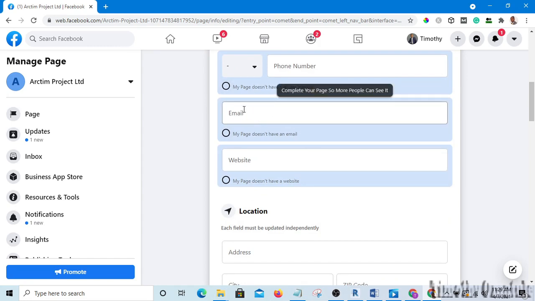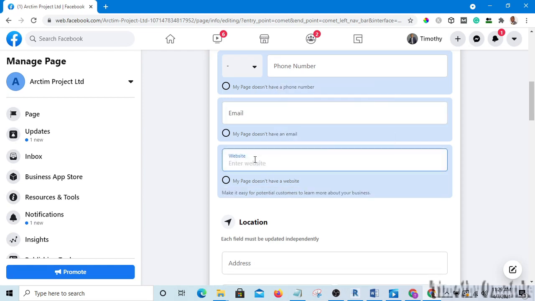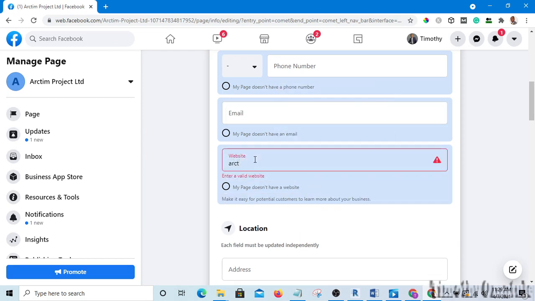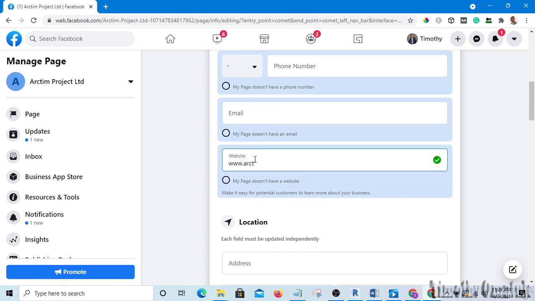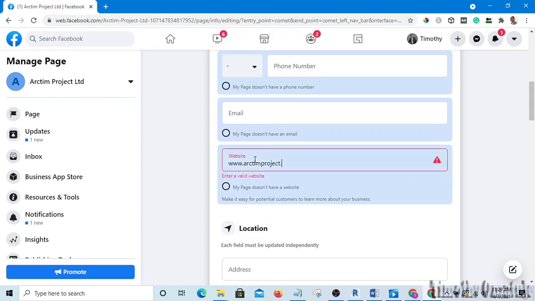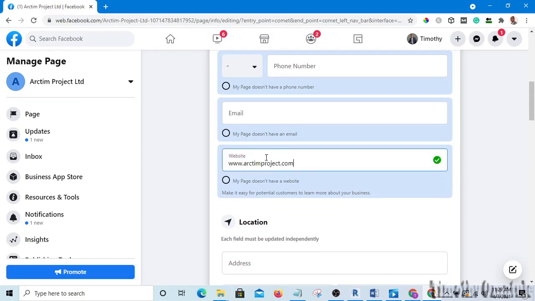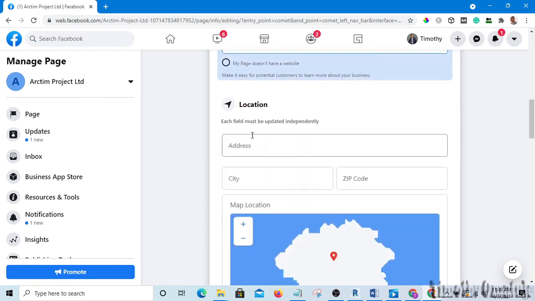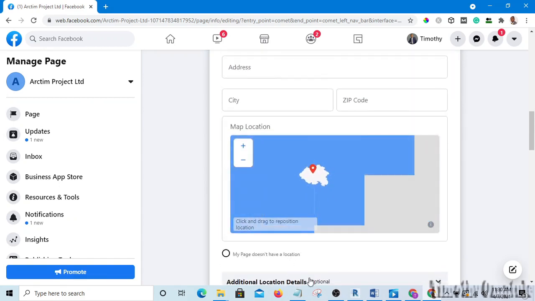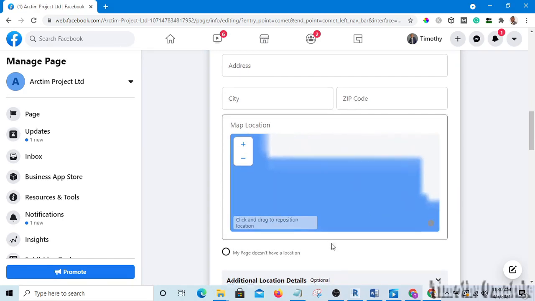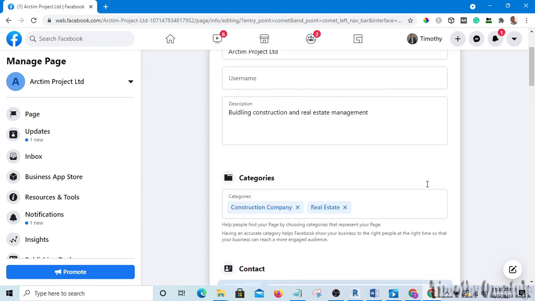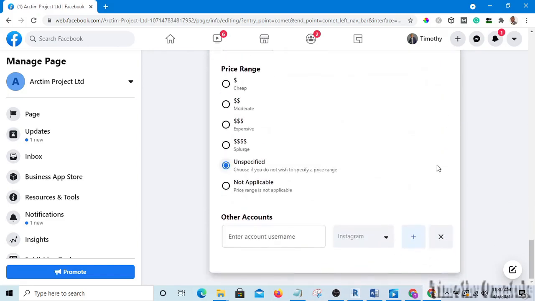Then enter your email here, enter your website. Let's say www.actingproject.com. Okay, maybe this is your website and your address, everything. Fill everything here, and once you are done, you hit save. You are done, you hit save. Make sure you fill everything,